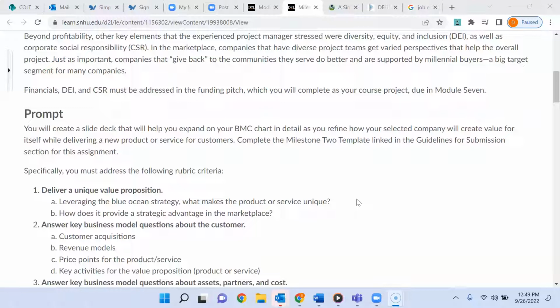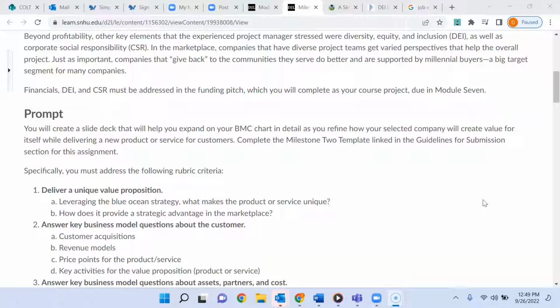Why is our product different from other people? What are we doing that other companies, or the other ways that this need is satisfied, are not able to do, or not willing to do? What is it about us? So how does it provide a strategic advantage in the marketplace? Based on that, why does it mean that we are going to end up getting more of the